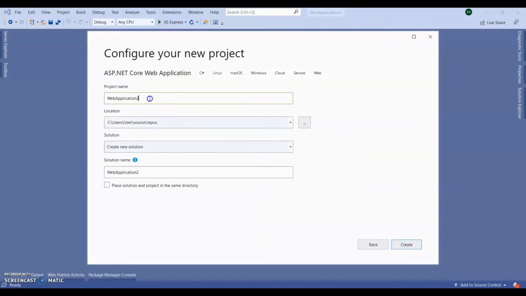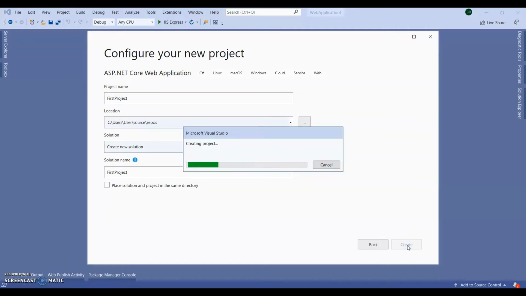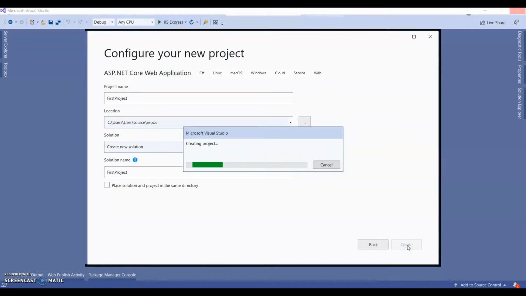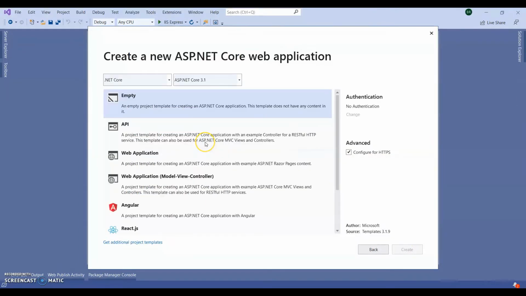So I'm going to create my first project, so give this one first project or give your own name, click on create. It will ask for the empty project, web API project or web application. I'm going with the empty project. Click on create.